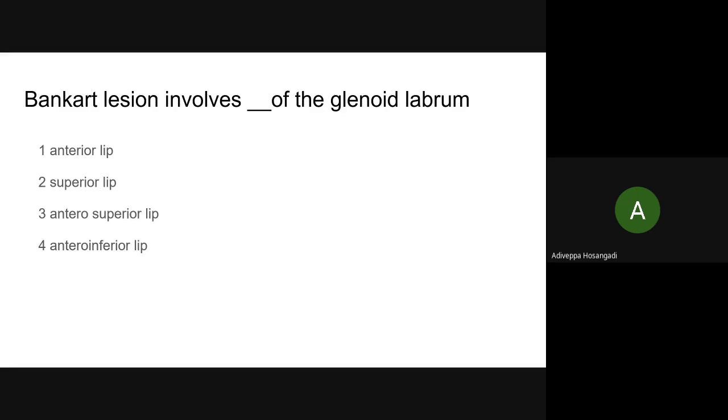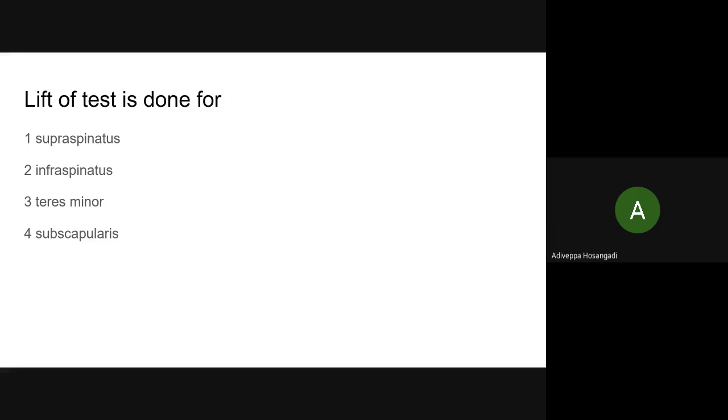So Bankart lesion involves, read. Anterior inferior, antero-inferior lip of the glenoid labrum. Okay, good. So lift-off test is done for